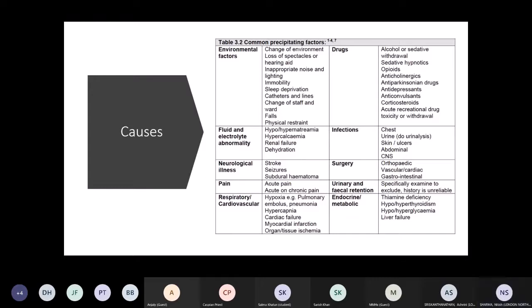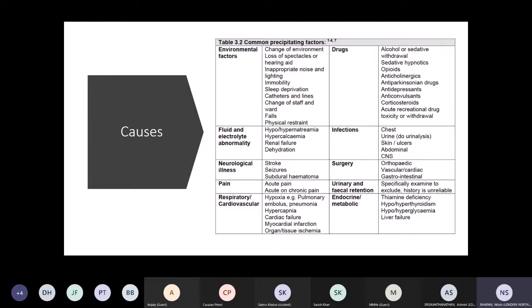And other causes could be sleep deprivation, as elderly patients don't have much physical exercise. They have difficulty in sleeping, which predisposes them to delirium. And immobility, hearing aids, definitely. So with the environment, if a patient is unable to assess what's going on, especially an elderly patient who's got a background of multiple medical conditions, this would have a very high risk of developing a delirium.